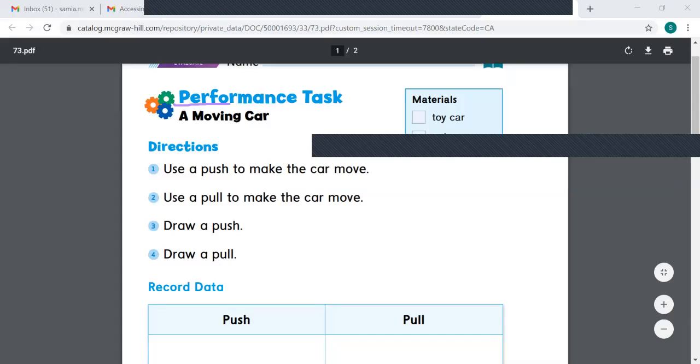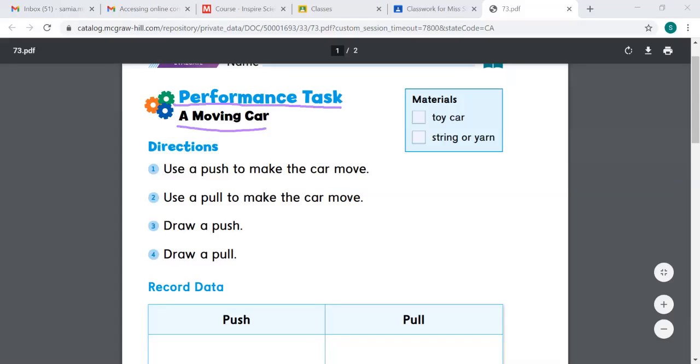This is a performance task, so it's a moving car. So if you have a moving car at home, a little toy car, you can grab that. And if you have string or a yarn, here's some materials you can use. You can get some string or yarn to tie to your car because we are going to see how to